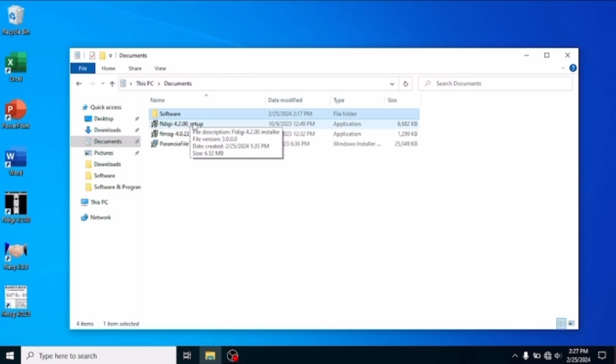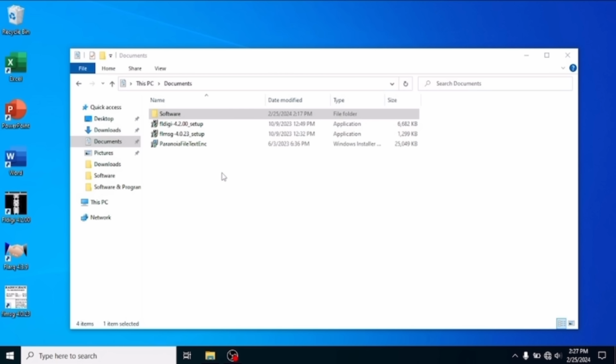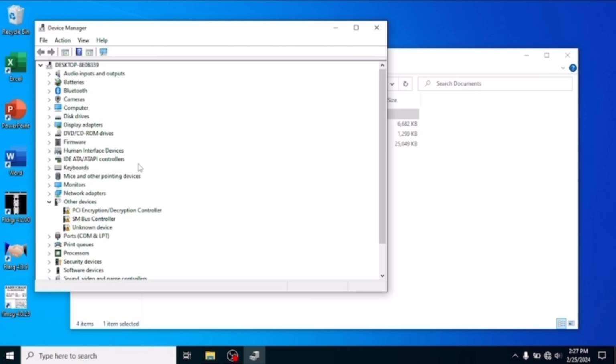I already have this downloaded, so I'm going to skip this portion of the video, but it installs just like any other type of software. Before we actually start messing around with the software, we're going to need to check to see what port our Digirig is currently using. If you've never used the Digirig with any of your devices, you're going to have to install the appropriate driver. So we go to our port section under the device manager, and we can see that we are using COM